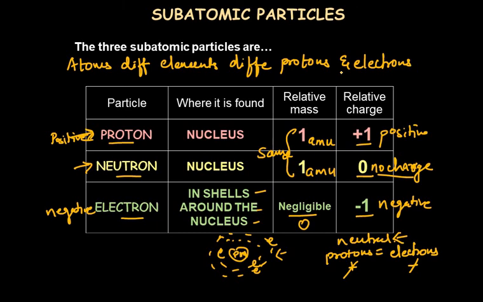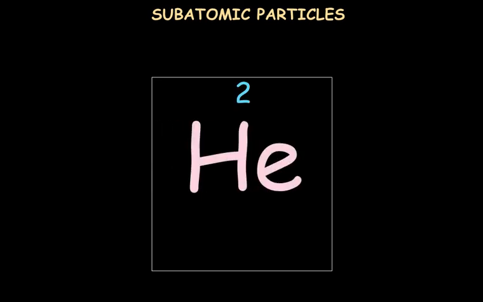Now how can we make out what is the number of protons carried in an atom of an element? So let's learn that. In a periodic table, we see that there are many boxes which have some symbols and some numbers above and below it. Now what are the symbols and numbers above and below this? The symbols which are given in alphabetic letters are elemental symbols. Now here if we have written He, that stands for the element helium.